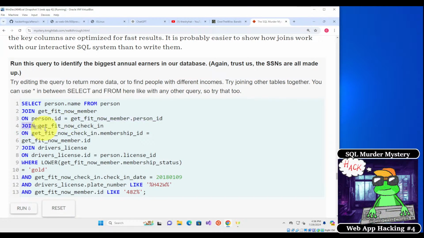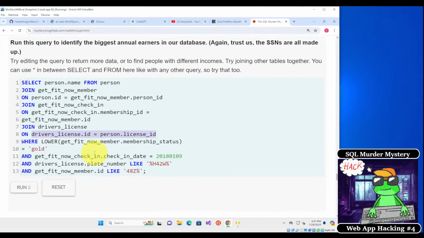We're going to join GetFitNow check-in, this table, on these two columns right here. We're going to join the driver's license to the query, where the driver's license is connected to person on these two columns. And then we're going to give a couple of clauses, which are all lowercase. GetFitNow membership status has to be gold, and the check-in date has to be this date,